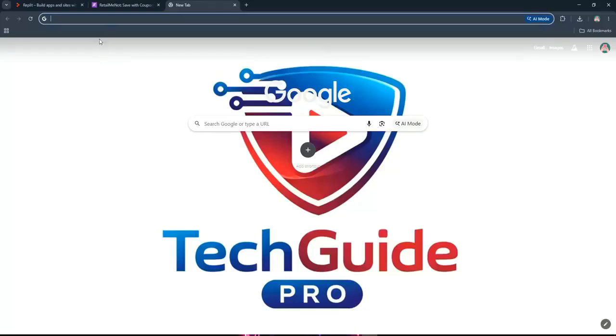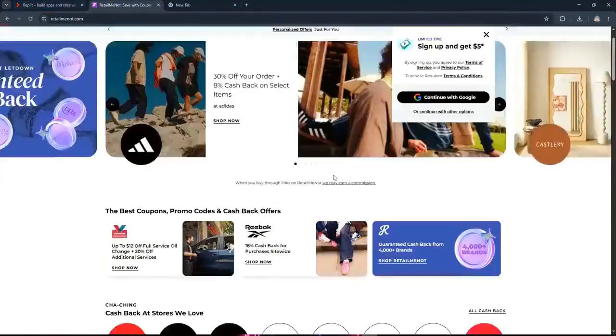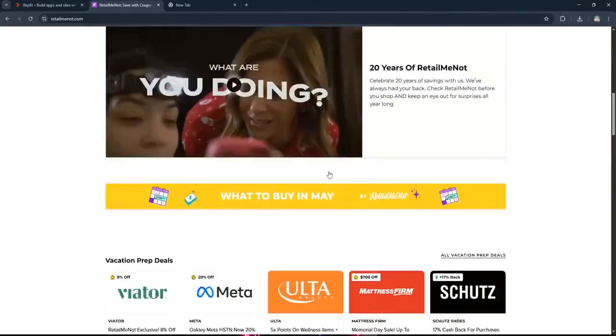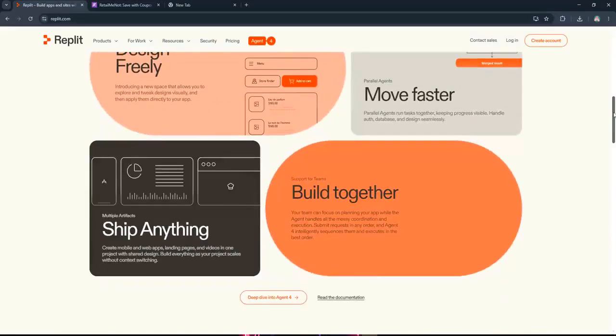First, go to your web browser and search for Replit discount codes. You can check popular coupon websites like RetailMeNot or Honey. These sites often list current discount codes and promotions specifically for Replit. Visit the Replit website and scroll to the bottom of the homepage to see if they offer any ongoing promotions